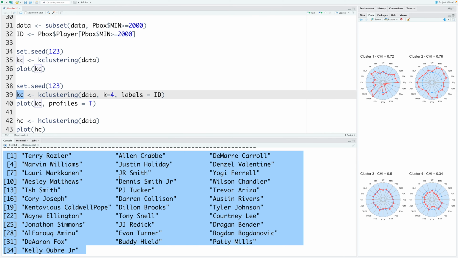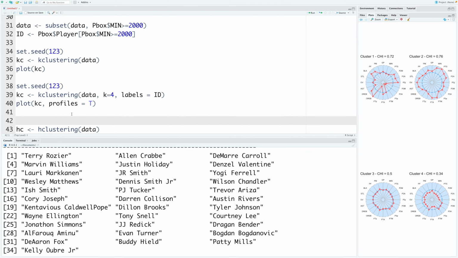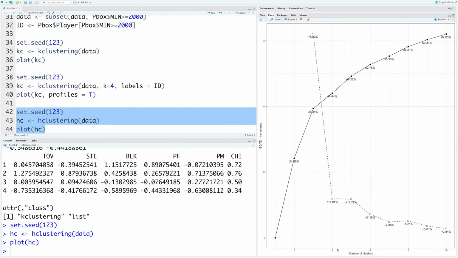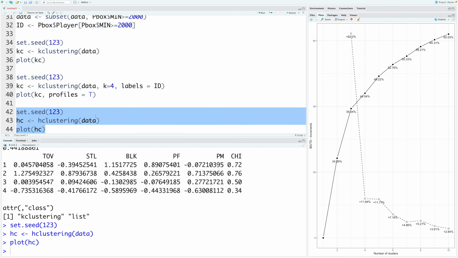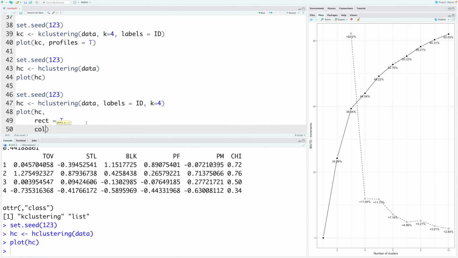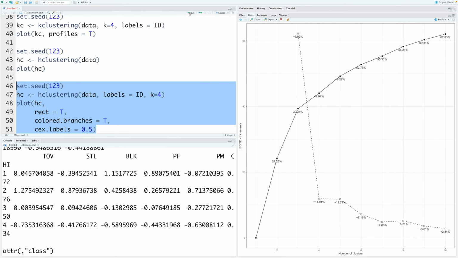Similarly, if we use the second type of algorithm, which is hierarchical clustering, we can again start with set.seed. So once again, probably 4 or 5 clusters seem to be useful in this case, because after that, the numbers drop drastically. So since earlier also we used 4, I'm going to stick with 4. So let's copy, paste and modify. We can run this now.